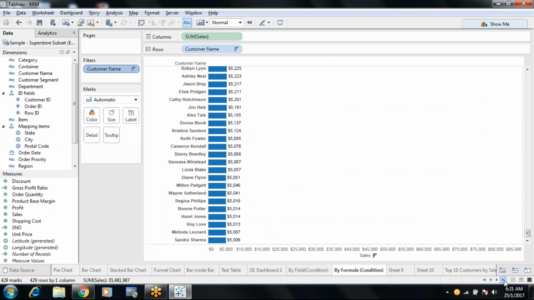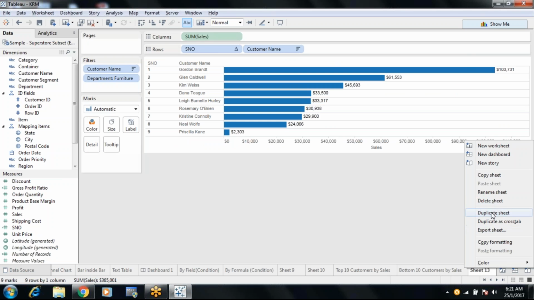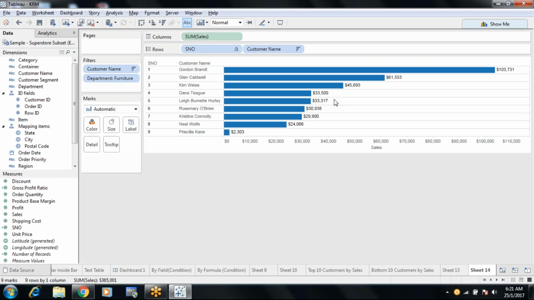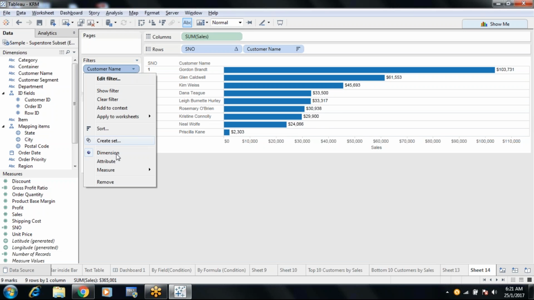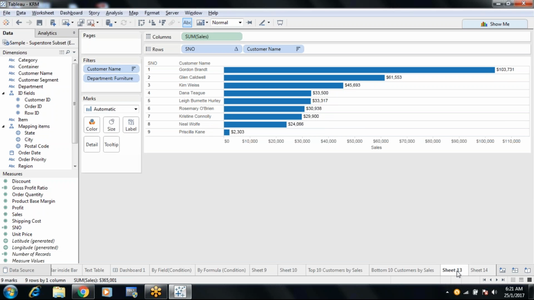Okay, I will create one sheet for you guys. Duplicate it. I'm removing the top customers here. Now, how many customers are there in furniture? More than 10? Yes. But why are you displaying only 9? In measure level, any conditions? No, first,